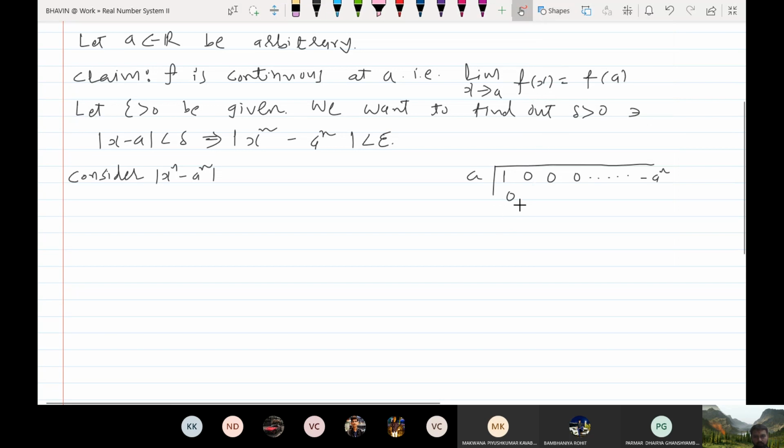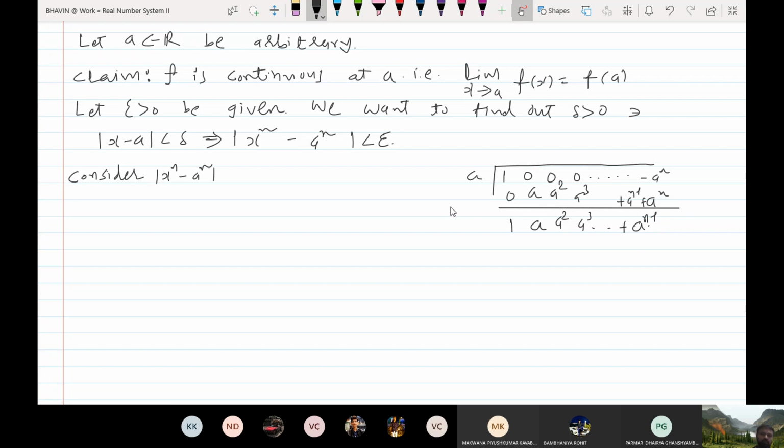Now I should add these two terms. So 1 plus 0, that is 1. Now multiply 1 with a, and that term I should put here. So a into 1 is a, and the addition of these two is a. Now multiply a with a, so you will get a square. Then a cube, and so on. This term will become a raised to n with plus sign, and the previous one is plus a raised to n minus 1. If you add the last term, it becomes 0.